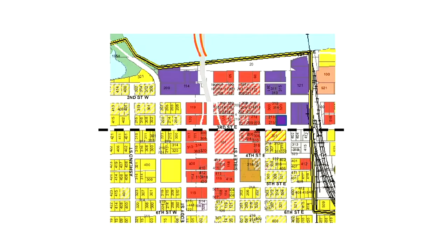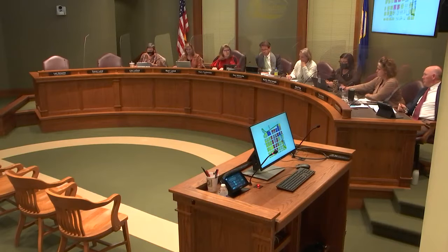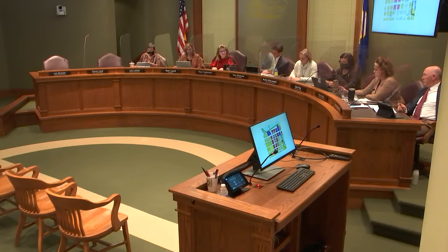What we're asking for consideration is to draw a line, like I've shown here on 3rd Street, in which properties in the future that are zoned downtown core that are south of this line, which would include the proposed stencil building here, would have a different height limit and a little taller height limit than the properties to the north. The height limits for buildings in Hastings are at 3 stories high, and the proposal in regards to changing the city code would allow for the proposed Cword Development project that was approved at the October 4th council meeting to